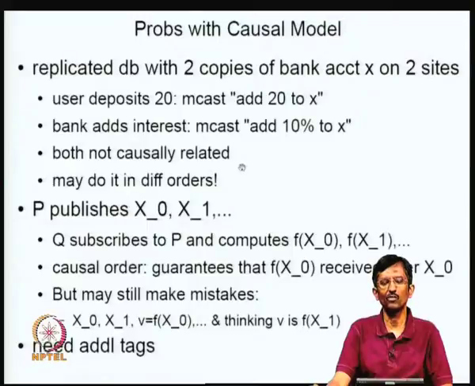So, these things are not causally related, but if you do them in different orders, you get different results. So, what is the understanding that you have to have? It is not specified by this causal model, because this is an application level understanding. The system has not given us enough information to decide what is to be done. So, it can happen in any order, and you can't guarantee anything. Okay. There has been a big controversy between these virtual synchrony models and those people working at application levels. As I mentioned, this whole area is full of controversies with respect to mathematical models, with respect to whether this virtual synchrony should be done at the application level or the system level, etc. Okay. So, depending on all these things, you have different results.